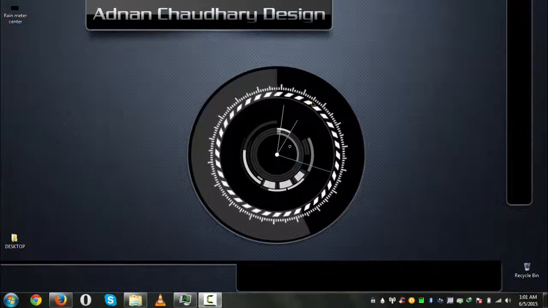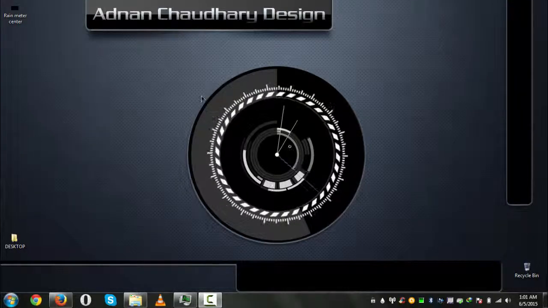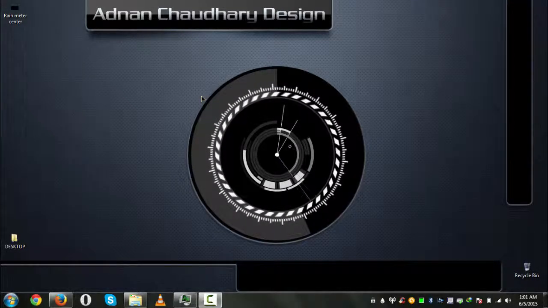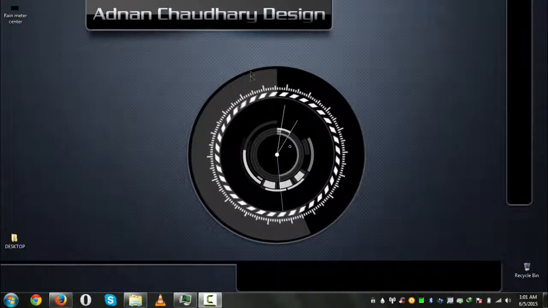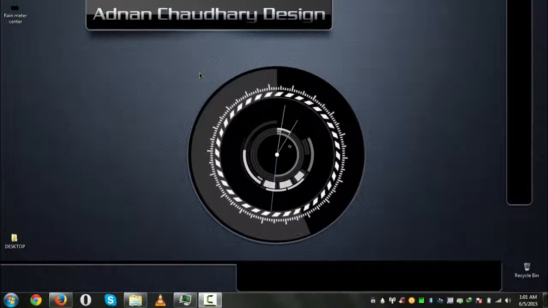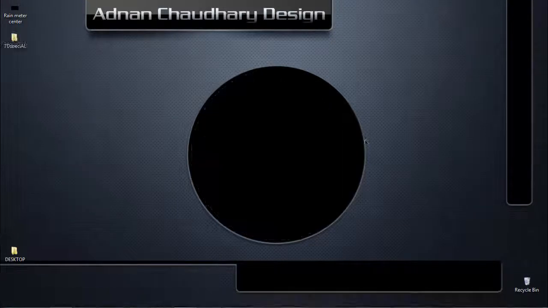I think a lot of guys already know about this. First of all, we have to uninstall everything related to Rainmeter from my PC. Let's uninstall everything. See you after the uninstallation. Welcome back. So I have uninstalled Rainmeter and all of its plugins, so you can get a better idea how we